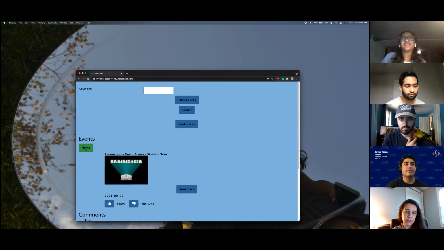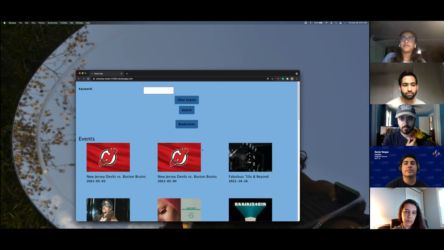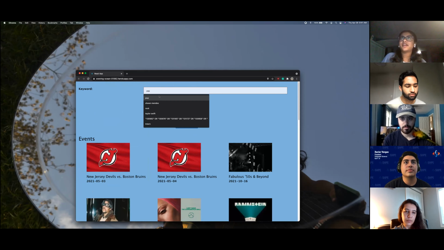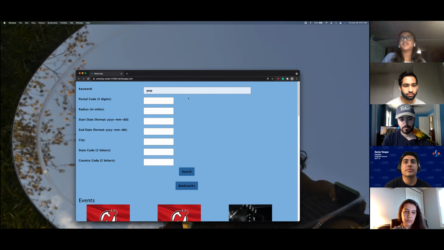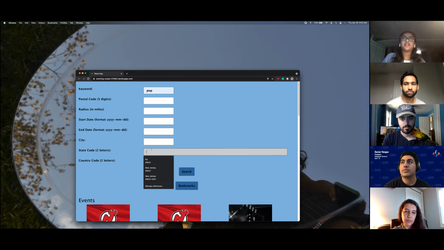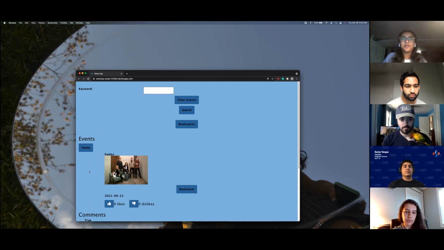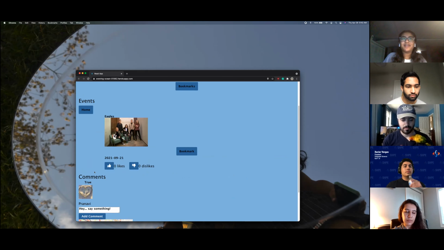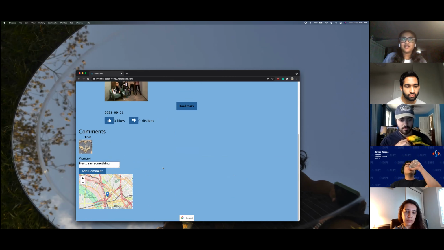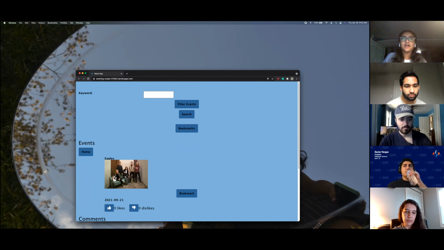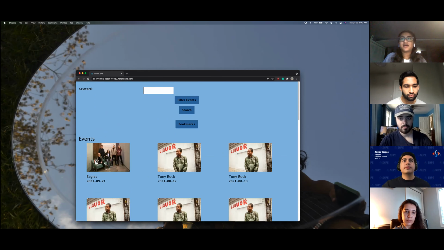Once you want to enter a new search, you just click home and it takes you back to the home page events. I'm going to enter a new keyword search, pop. And if you want, you could also enter some filter events. Let's say I want to look up events related to pop music in Texas. So I type in TX, I click search, and all of these events are pop events in Texas. I could open one of them up, see the likes and comments that are left on this event page, and see the location again. Go back to home. So this is our event filtering and keyword search feature.